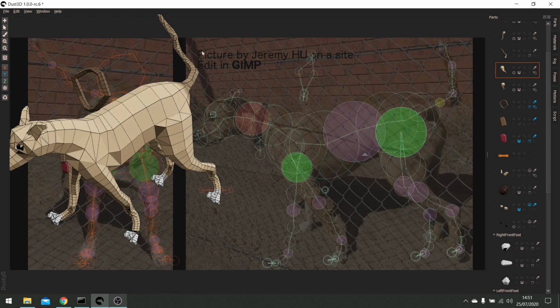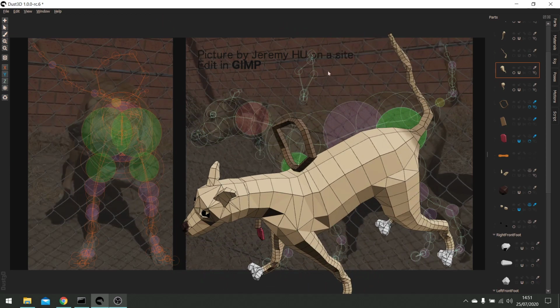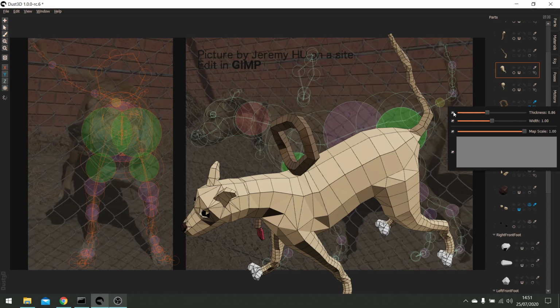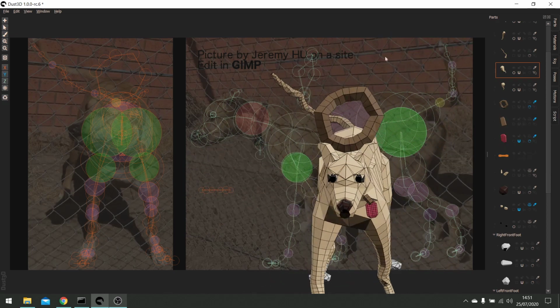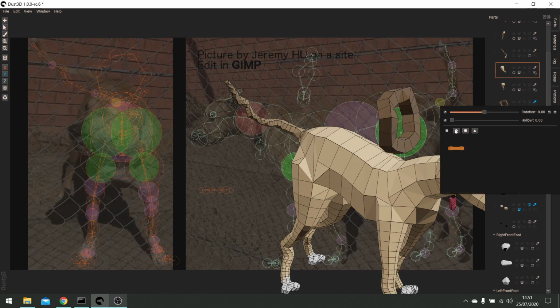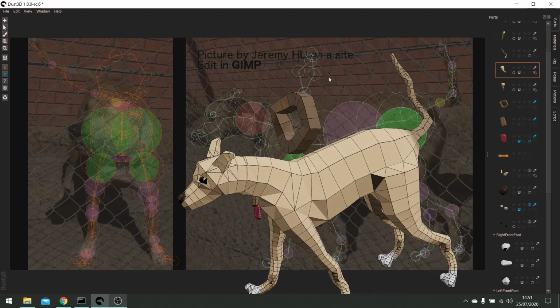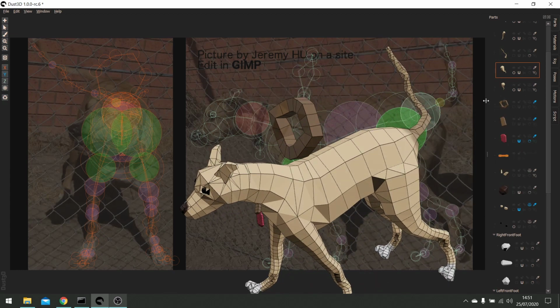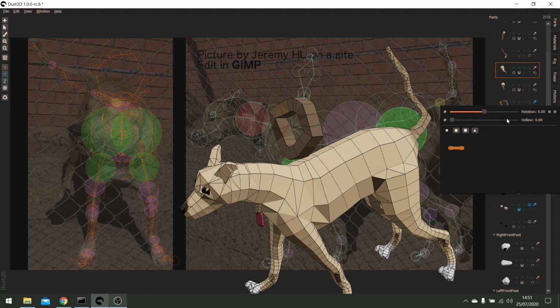See the changes. Let's remove the deform. Okay, now you can see the cut face changed. Okay, and there's a rotation. You can rotate